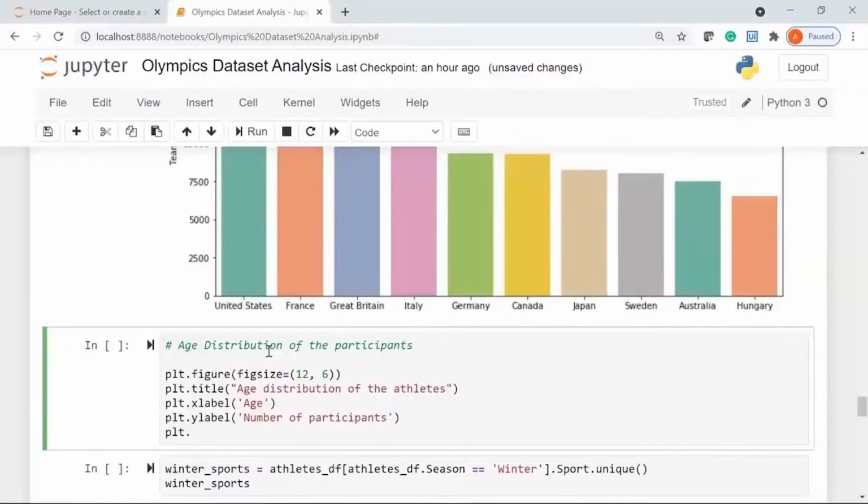Next, I'm going to use the hist function, so I'll say plt.hist and I'll pass in my data frame, that is athletes underscore df dot age, which is my column name, comma, I'm going to pass in the bins. For that I'm going to use the np.arange function, so np is for numpy, and inside this I'll say 10 comma 80 comma 2. So my bins will start from the value 10 and go until 80 with a size of 2,